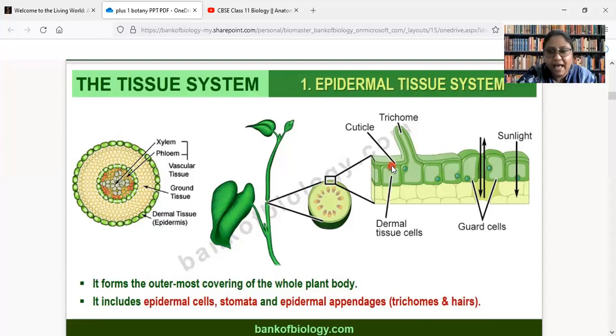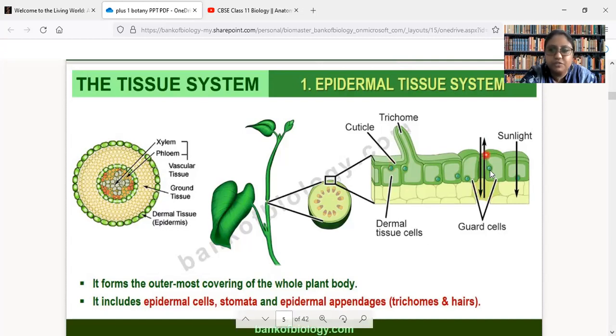Very good. As the function of root is to absorb water, and you know that absorption cannot be successful if there is a waxy layer present. Water cannot come inside. How will it absorb? That's why in case of root, they do not have a layer of cuticle. Another thing I wish to say, in case of stem, the hair, that is trichome, present are multicellular, whereas in case of root, it is unicellular. Other than that, stomata is there.